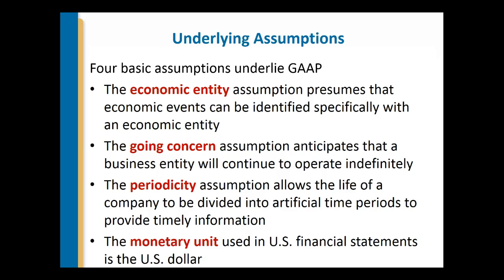For many companies, the annual time period, the fiscal year, is the calendar year. However, other companies have chosen a fiscal year that doesn't correspond to the calendar year. The accounting profession and the SEC advocate that companies adopt a fiscal year that corresponds to their natural business year. A natural business year is a 12-month period that ends when the business activities of a company reach their lowest point in the annual cycle.